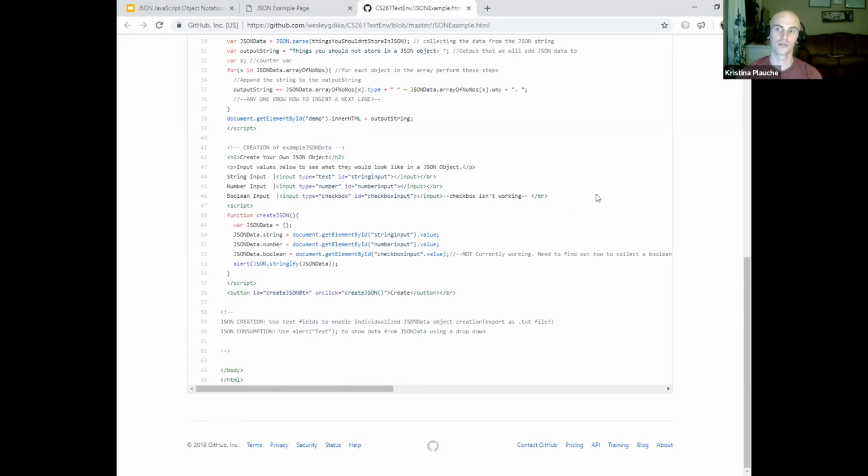So it's usually either between applications or between client server kind of communication, not just storing data on your page. But you could use it for that.